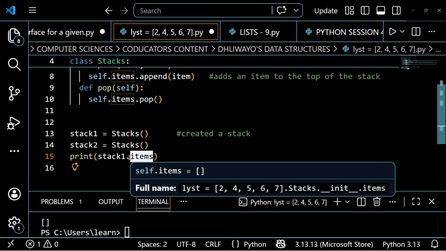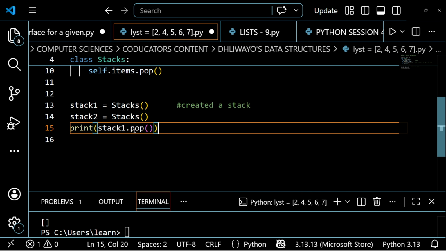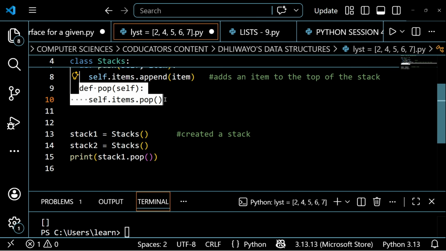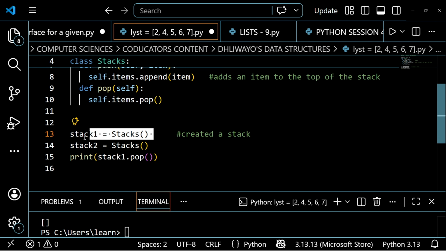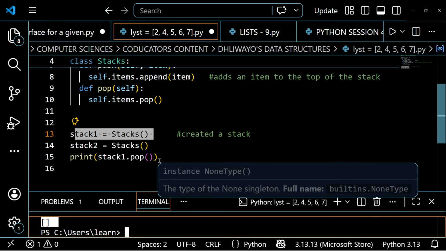Let me just say pop. So if I say pop, I'm just trying to call this method here, def pop, this one. And this method will eventually pop an item from my stack. Remember the stack, when I printed it, was just an empty list, right? So I didn't add anything to it. I'm just trying to remove something that's not there, programmers.